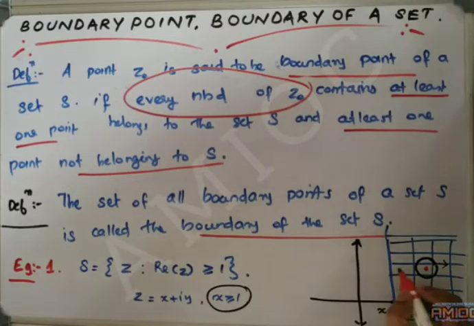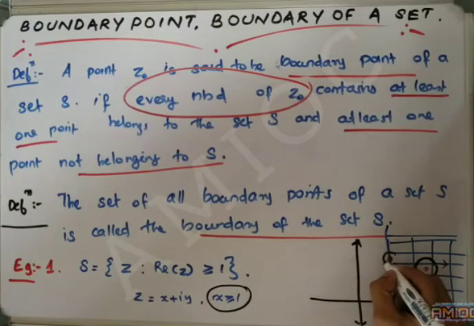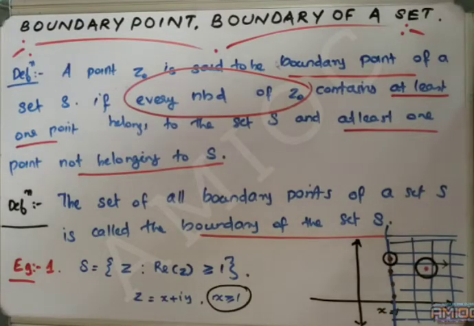If we are choosing the points on the line x is equal to 1, and if we are considering any neighborhood of small radius, that neighborhood must contain the points inside the set S and the points outside the set S. That means all the points on the line x is equal to 1 are the boundary points of the given set S. And if we consider the points of the set S outside the line x is equal to 1,